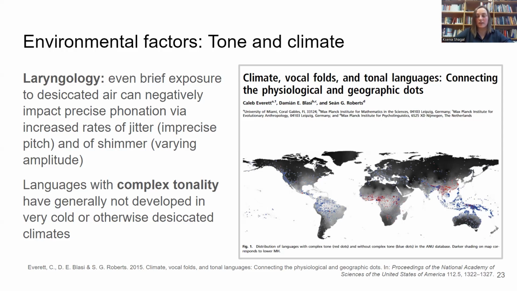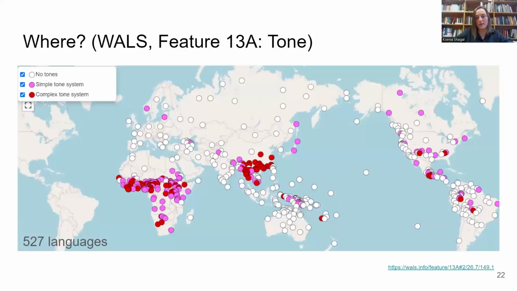And that's what they claim, that indeed complex tonality does not develop in cold or desiccated climates. And well, that basically can, to some extent, reflect our intuition. So we see that most of the languages with complex tonal systems are in relatively hot and